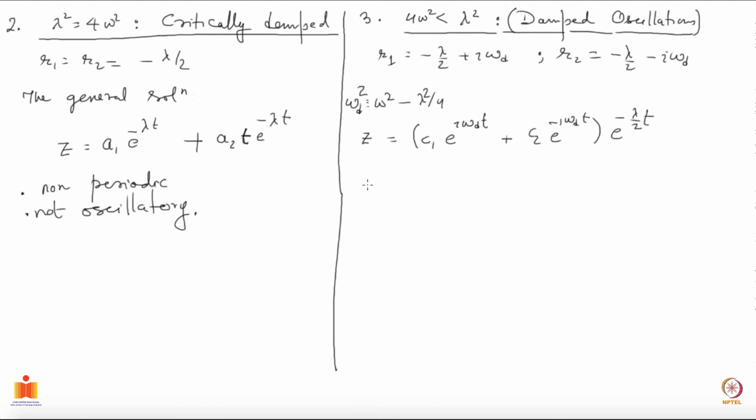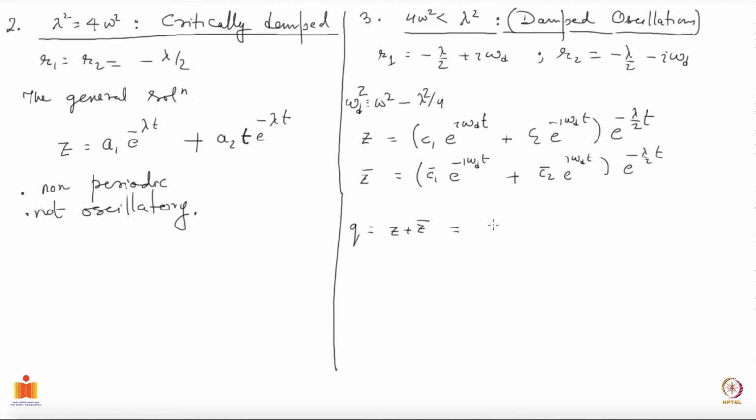that's good. Now I can write down the z bar, because that's what I need to add to get the real part. So z bar will be C1 bar e to the minus i omega d t plus C2 bar e to the i omega d t, and this remains the same. And if I add these two up, I get q. I'm not worried about factors of 2, because I can always absorb them in the constants. So that's why I'm writing that q is z plus z bar.